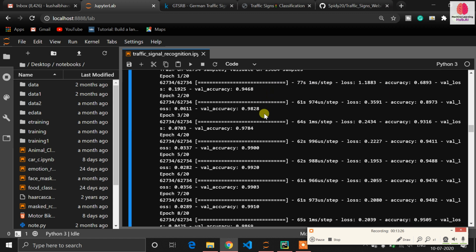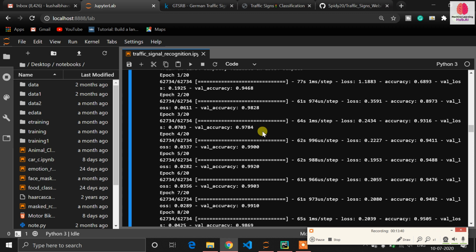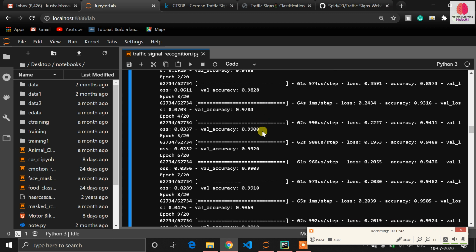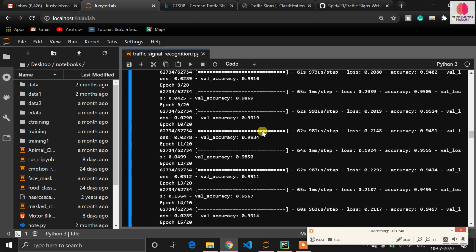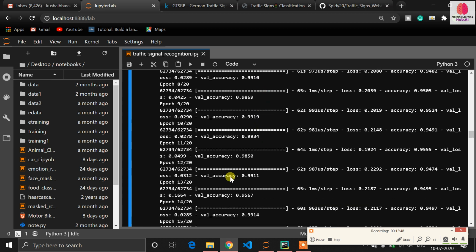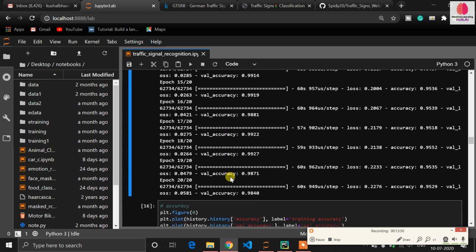You can do this task on Colab. In Colab you will get the result instantly, but in Colab you have to upload the data and download the model. So there are many steps you have to do on Colab, but on local it would be very easy. But it will take time if you don't have a GPU. But I have a good GPU, well, not a good one. I have just 2 GB of NVIDIA, but still it's working very well for the training. It takes around 15 minutes to train these 20 epochs.